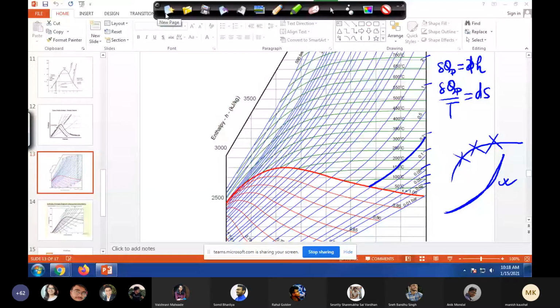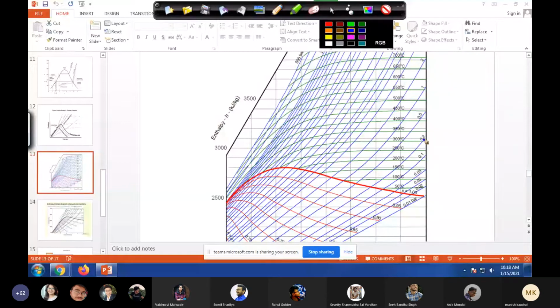So again, let's say I have a blue curve like this. As soon as I reach the phase change point, as we discussed, after that it should be a straight line. So this is a straight line. And after this, it's a curved line. So let's say we have created such blue curves, and again you will get these phase change points.